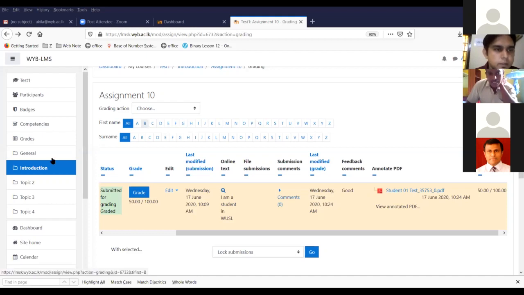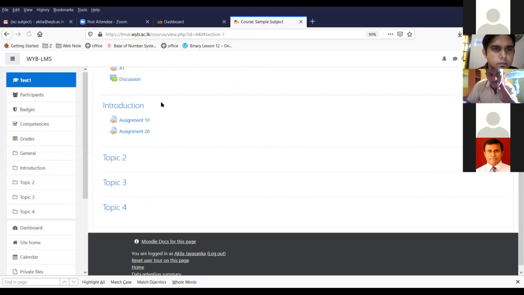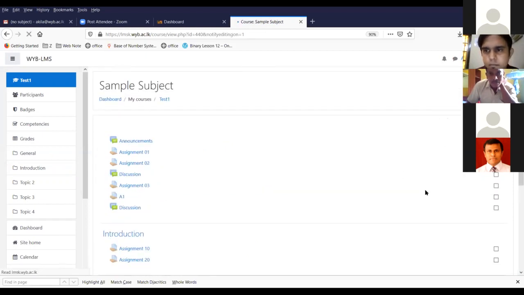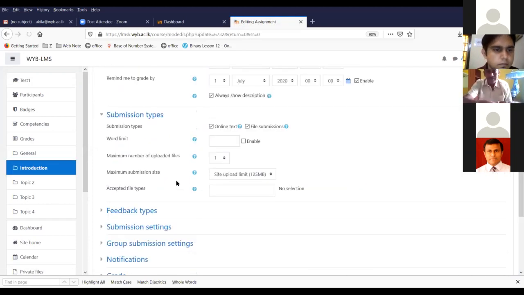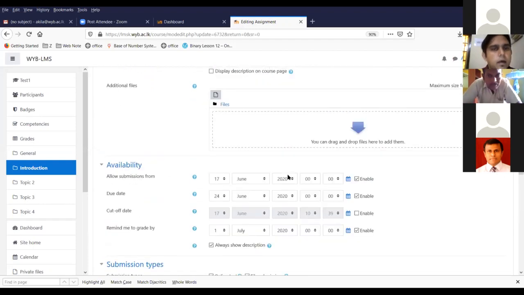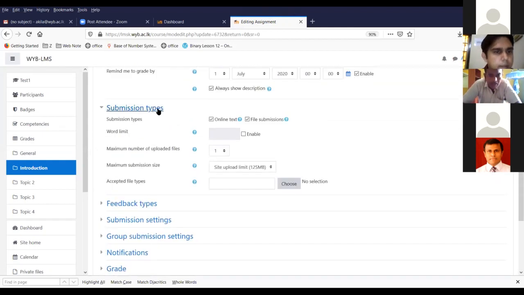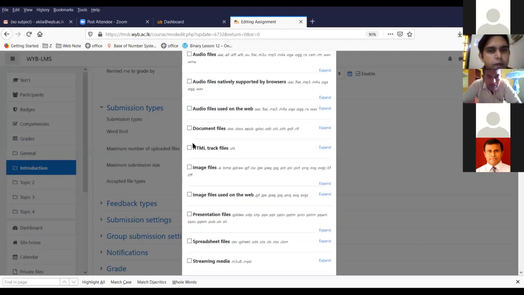In the assignment settings, under submission types, you can see accepted file types. You can click choose and tick if you have a specific file type.